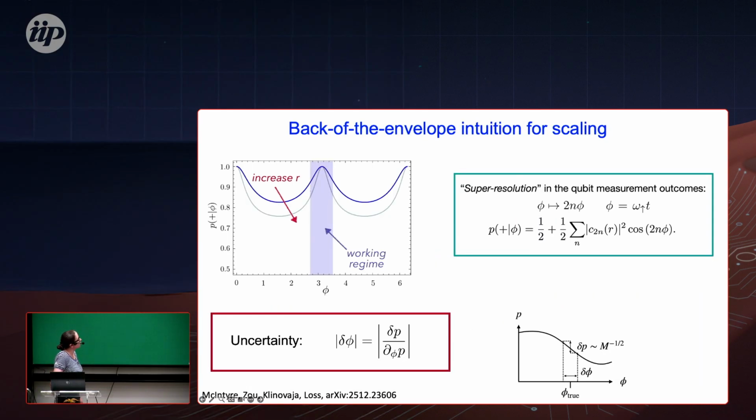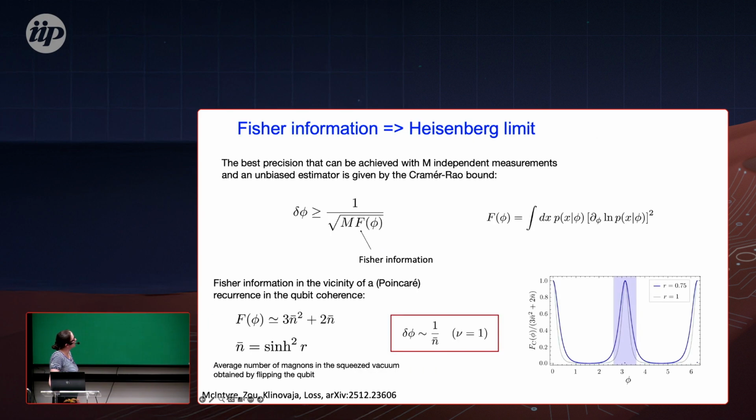And then we can show, similarly to, I think, also the previous system, that indeed we can find the working regime where you are most sensitive to the phase. So this is in the case when your curvature changes the sign. And we can show that indeed, in this case, if we do all the calculations, we will find that our sensitivity to the phase goes like 1 over n bar, where n bar is the number of magnons. So it means we reach the Heisenberg limit of the best sensitivity which we can do. And this again comes from the fact that we have worked with squeezed magnons, which show some entanglement.